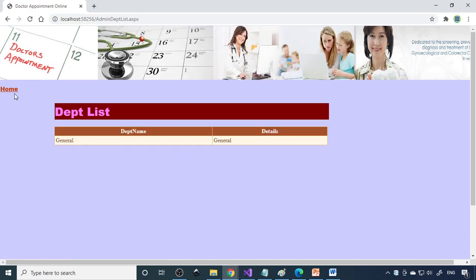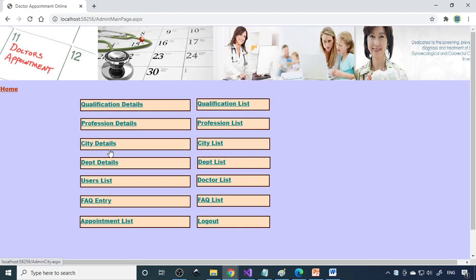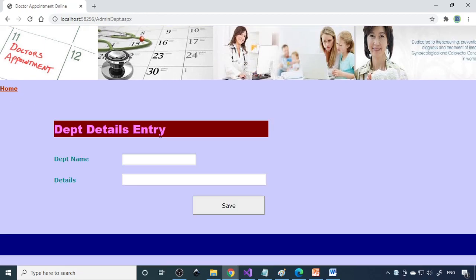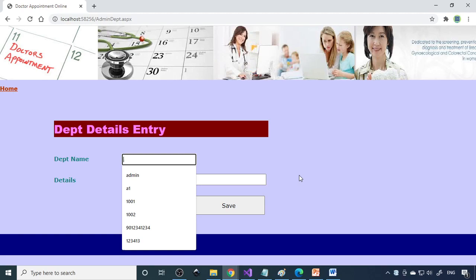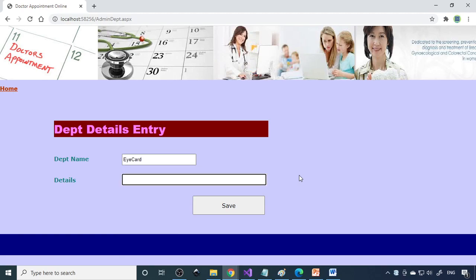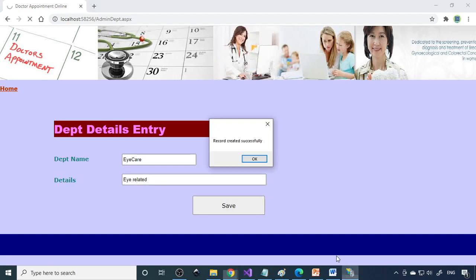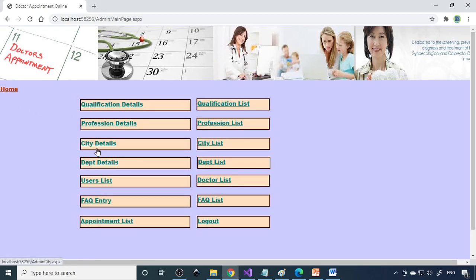If you go there, you can see the list here, right? To enter a new one, you need to go to department details. Here you can write eye care. Okay. So we created one more department.